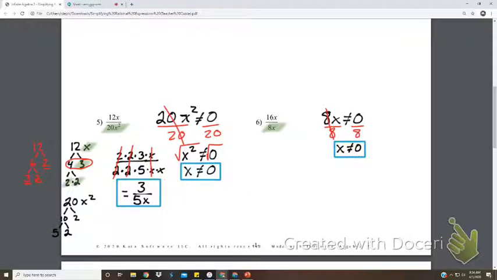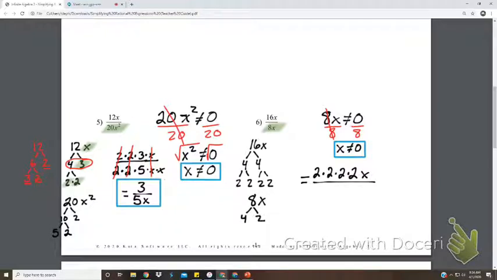Now we want to factor down the numbers, or the values of both expressions. So we've got 16x. I'm going to break down 16 to 4 times 4, and each 4 would break down to 2 times 2. So we end up with 4 2's. And we had 1x with that. In the denominator, we had 8 times x. 8 would break down to 4 times 2, and 4 would break down to 2 times 2. So we have 3 2's this time